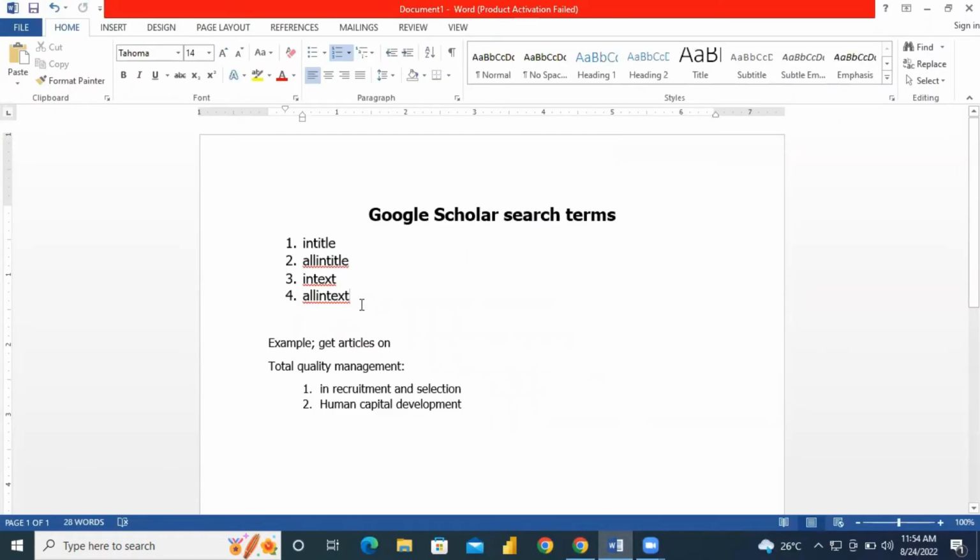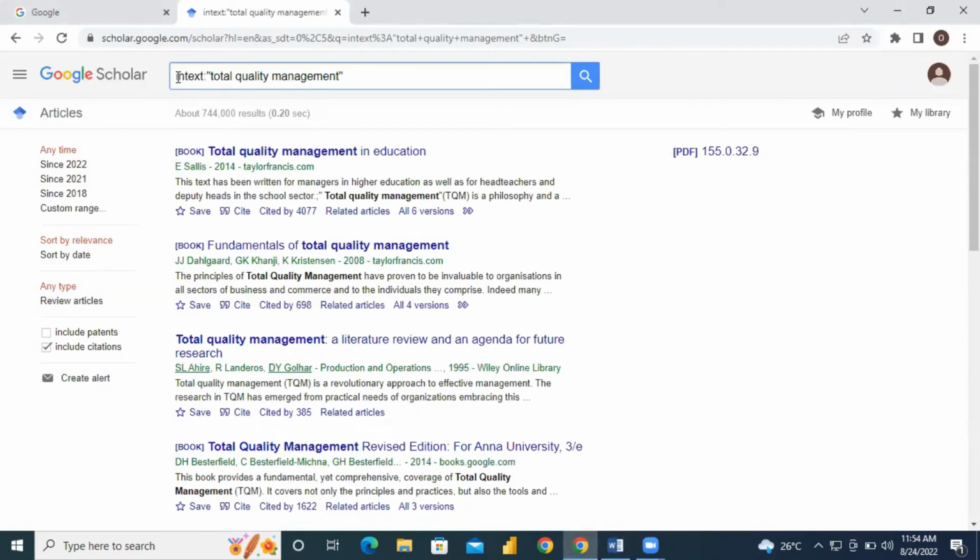Now, we can also use the all in-text. That is, we want to combine two things, but we are saying that our main focus should be on the content of the article, not necessarily the title of the article, but rather the content of the article. So we use the all in text. This time around, I'm going to use total quality management and human capital development. We have the all in text, total quality management, and